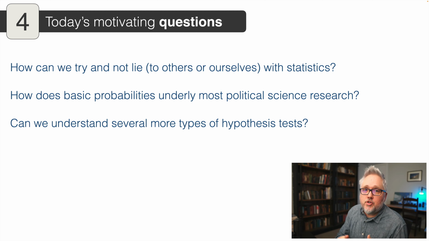And then how can we understand several different types of hypothesis tests? I introduced two today, the tabular goodness of fit test and the ordinary least squares regression. The OLS regression is a workhorse of modern political science and a whole bunch of other fields. It is the touchstone from which all other models derive, for a specific reason, either causal or, most directly, because of the nature of the data that we have and how they violate the assumptions of the regression equation that I just showed you.